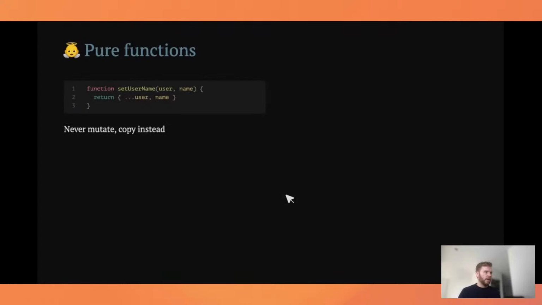And pure functions are the way to mitigate this in functional programming. They never mutate their parameters. They never mutate what they receive. And each time they are called with the same input, they return the same output, making them deterministic and, as they call it in functional programming, referentially transparent. It means that they can be